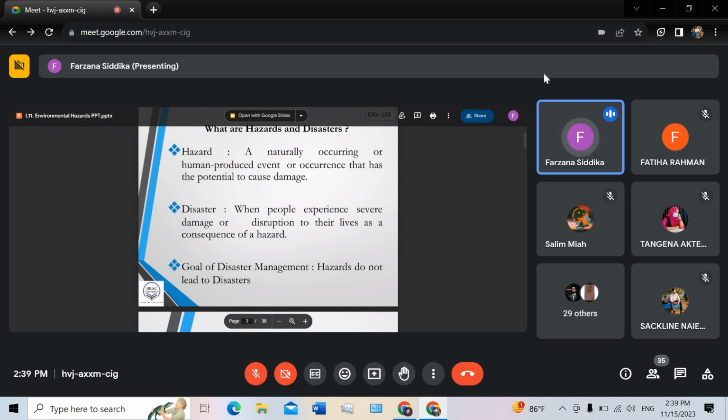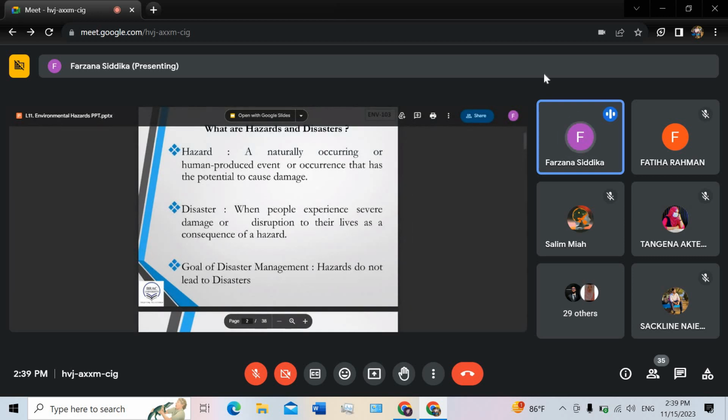So what is hazard and what is disaster? So both of them are naturally occurring or human produced, and that has the hazard which did not happen yet,